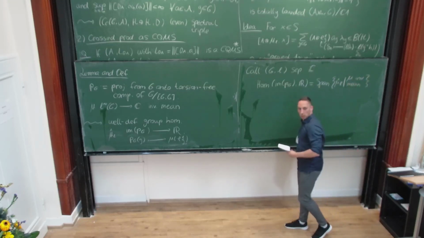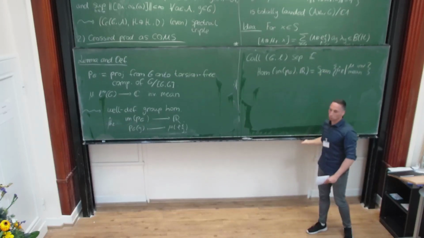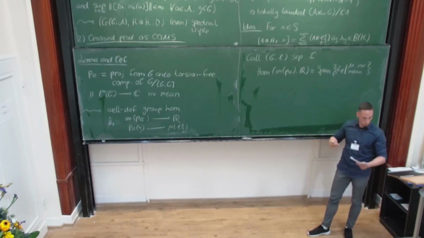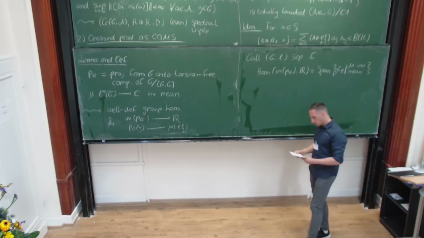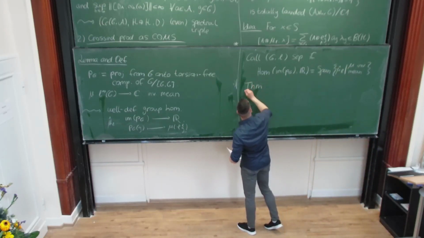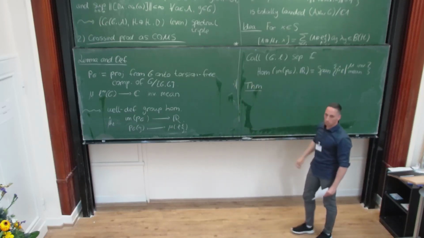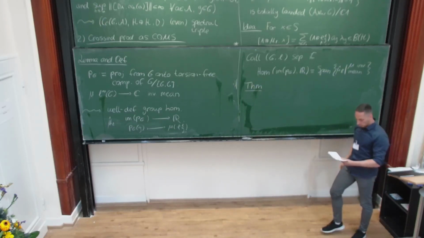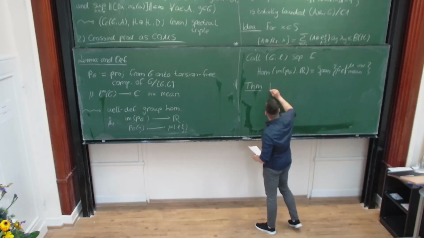Right, so this is quite a strong condition. So many groups will not satisfy this condition, but there are examples of groups which do. And now comes the theorem, which tells you why this is relevant for this question from before. Namely, you can show that if,